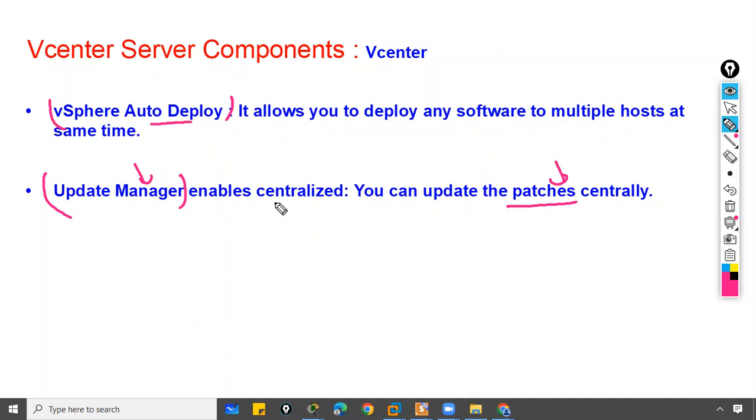So this update manager will update the ESXi host. vSphere auto deploy will install the software. So it can be any software. You can install the software on multiple ESXi hosts together using this vSphere auto deploy. So these are the services